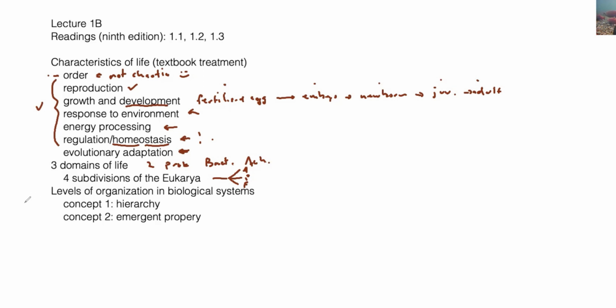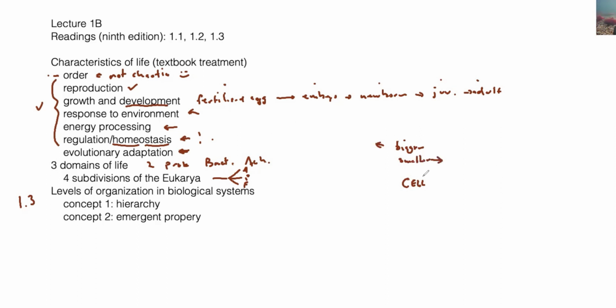Okay. Now, when we go to chapter 1, section 3, it gives you a nice little diagram that illustrates the different levels of organization that we find in biological systems. Right? You can start way over on the left-hand side with biosphere, but I like to start in the middle, because if we think about biological systems, right there in the middle, we know that every living organism is made of a cell, right? And you can go bigger, we can go smaller,